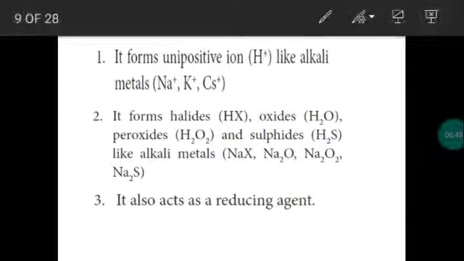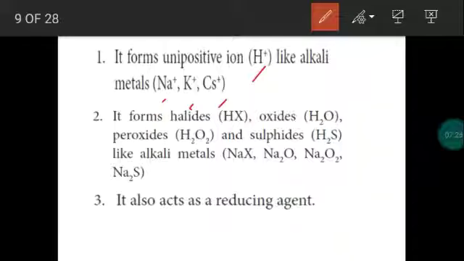When we consider alkali metals, for example sodium, potassium, rubidium, cesium, francium, they are highly electropositive in nature, as we discussed in the last class. They have less ionization energy. They have the tendency of losing the electron to become a cation. So they have the tendency to form an ionic bond. Now observe hydrogen. Like alkali metals, hydrogen also has a tendency of losing the electron to become H plus cation.